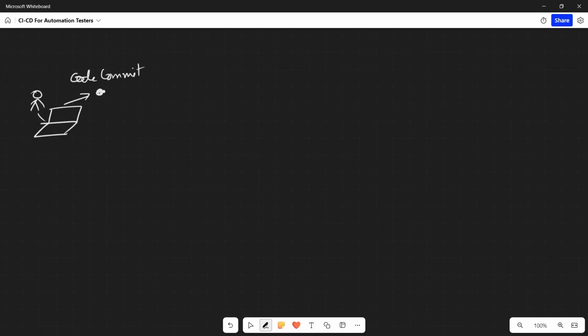Okay, and then after the code commit there will be a pull request, and after everything is fine there will be a merge. Guys, we'll be learning all these things individually also, don't have to worry, just now try to focus on the